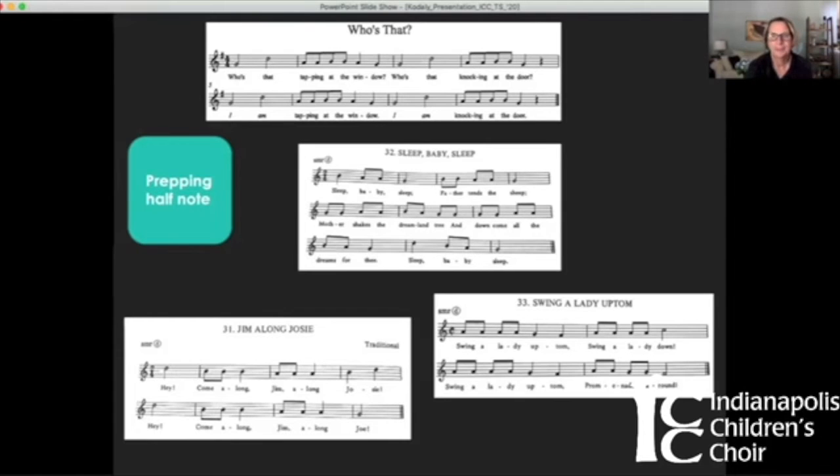Wow. Or perhaps we learn a new song a couple weeks later and the students will get so excited because they can identify that concept in a new song. And that's what it's all about.